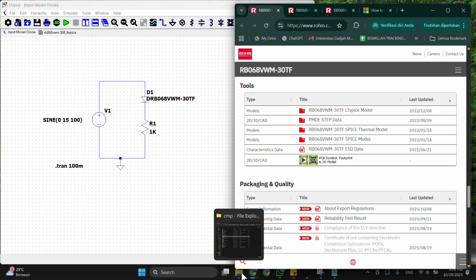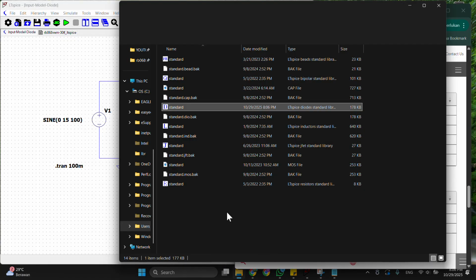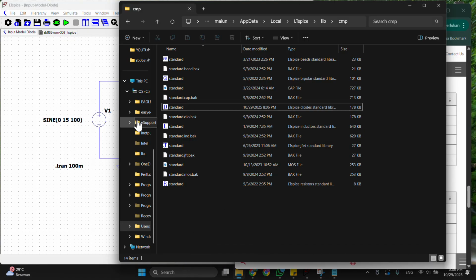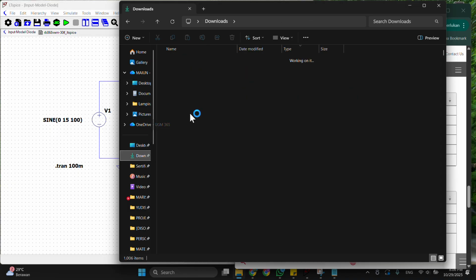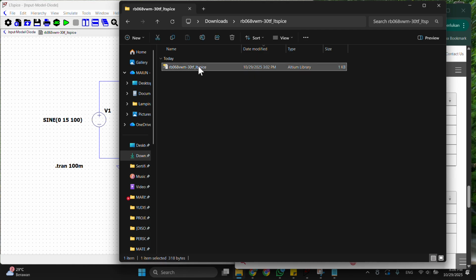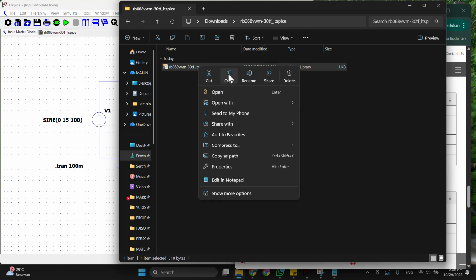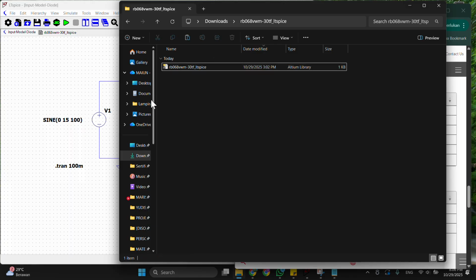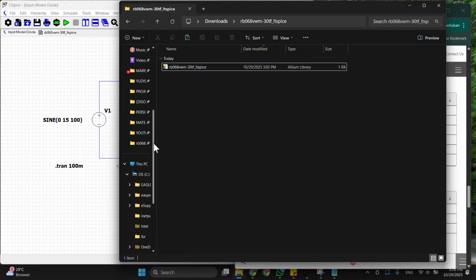Now we are going to copy the file. So the previous file location is here. So I'm going to copy this. Copy. And then I'm going to paste this to such location